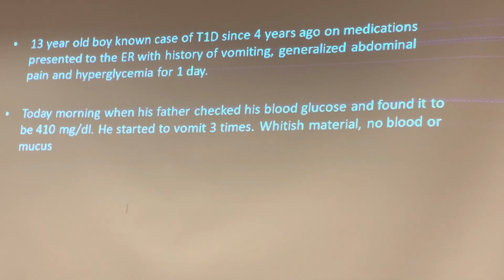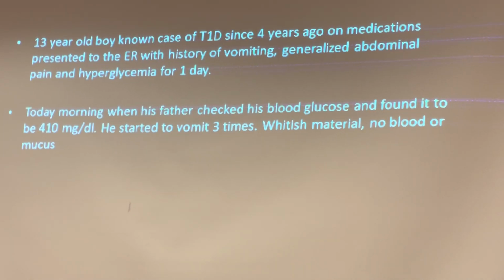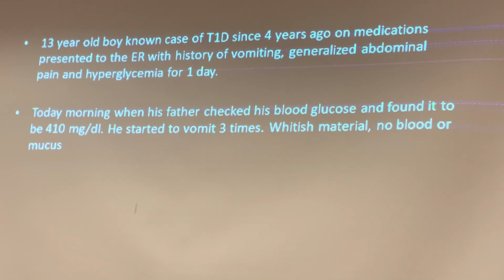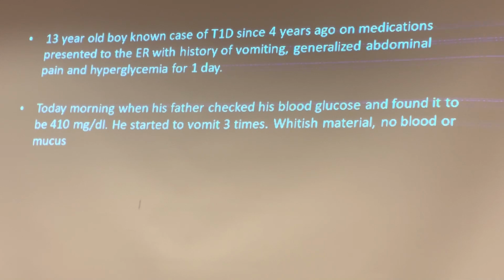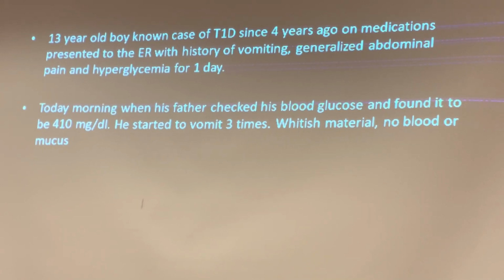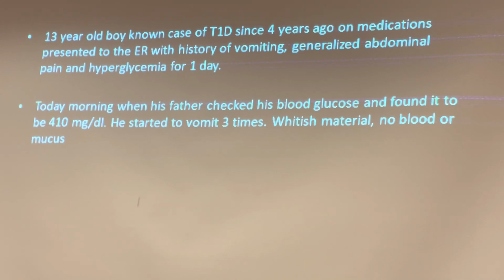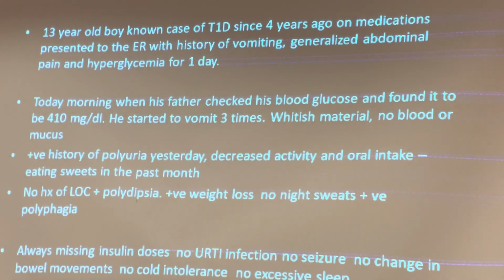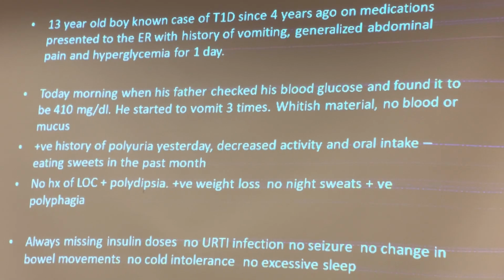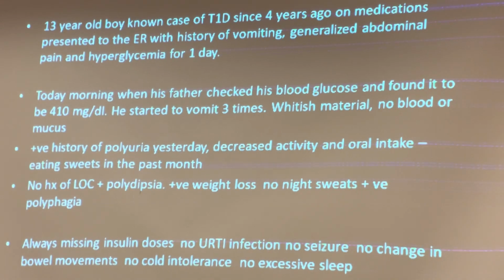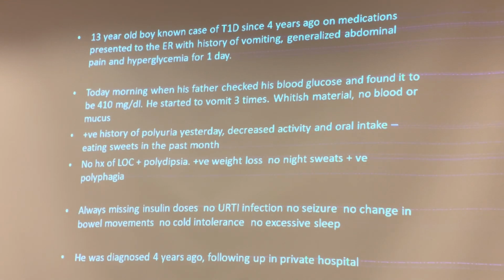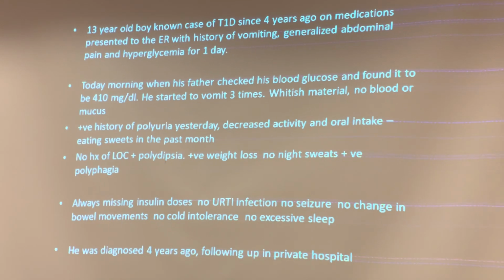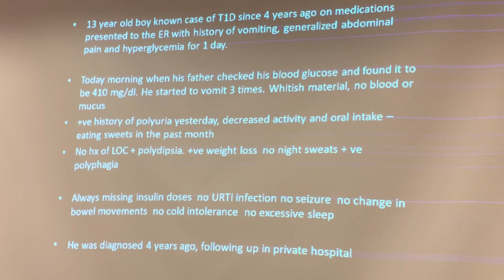He came with vomiting, generalized abdominal pain, and hyperglycemia for 1 day. On the day of admission, his father checked his blood glucose and it was 410 milligrams per deciliter, and he started to vomit 3 times. Whitish material, no blood, no mucus, because we want to keep our minds open, right? This could be any source, could be appendicitis, right? So we have to get details of the vomiting, the onset of abdominal pain, the severity, the location,